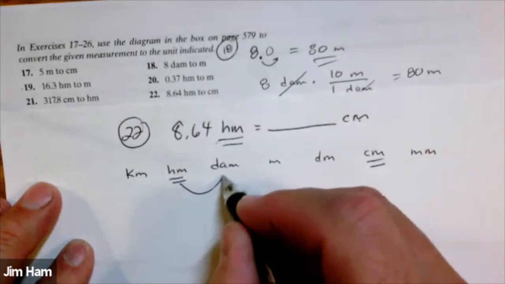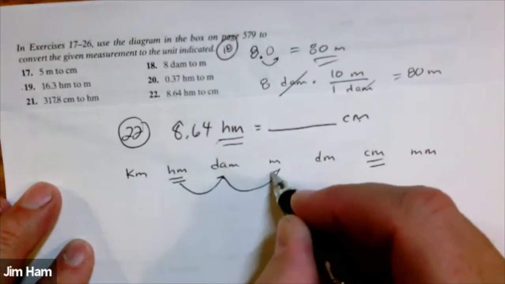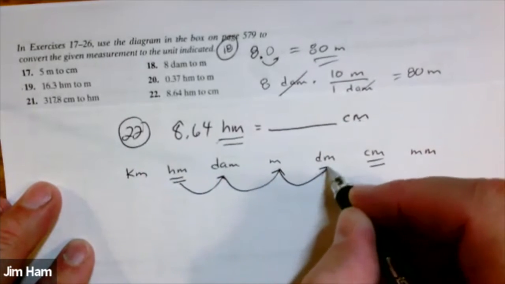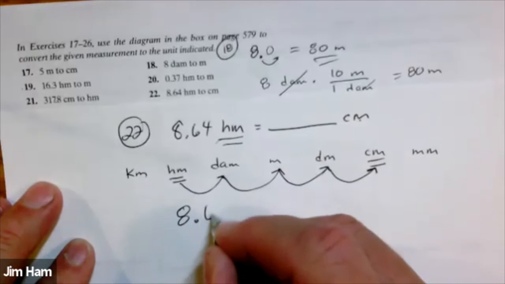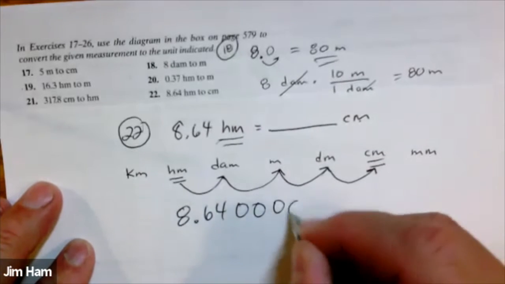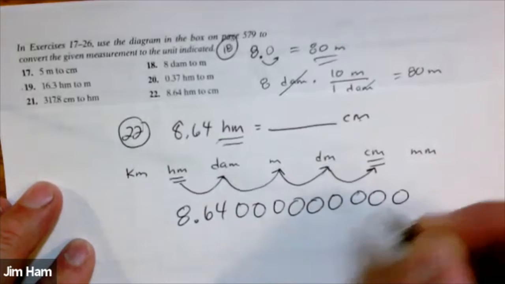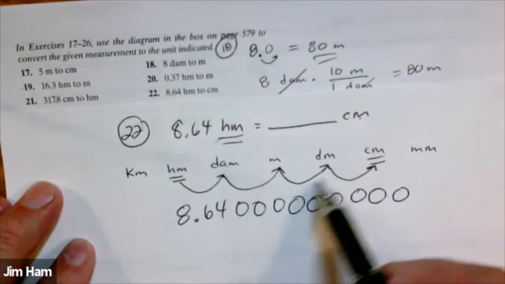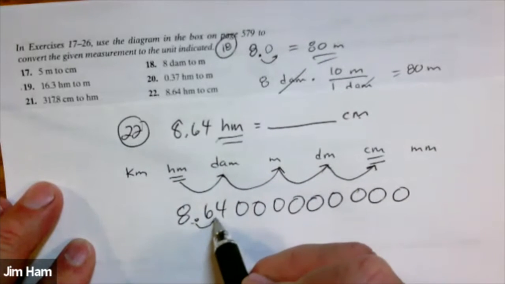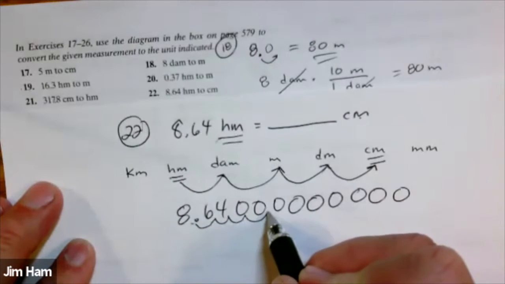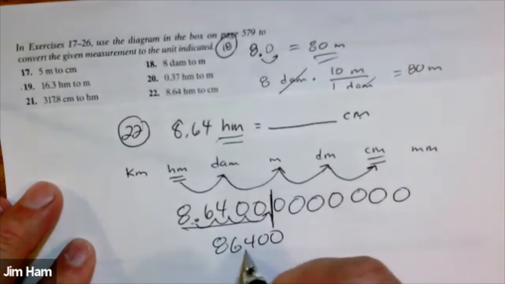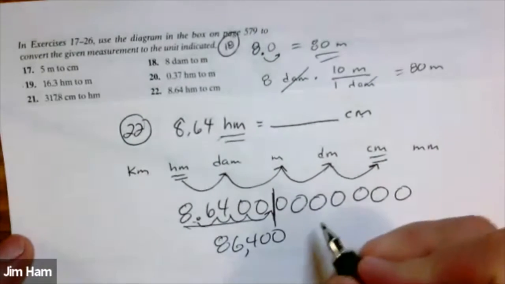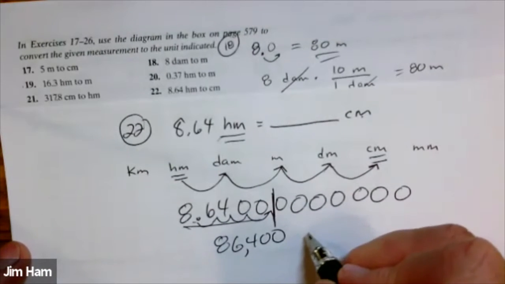So we move 1, 2, 3, and 4 places to the right. So take the 8.64, tack on a bunch of zeros, and then we're going to move 1, 2, 3, 4, and we're going to end up right there. So that number is 86,400